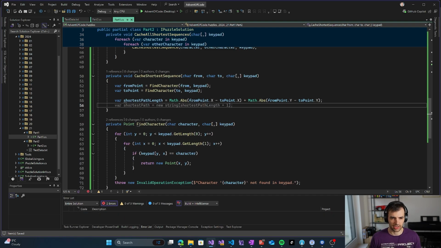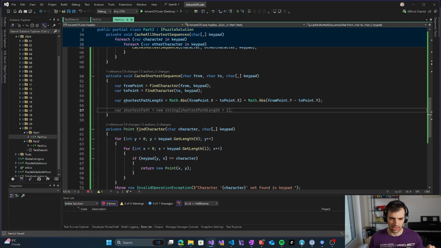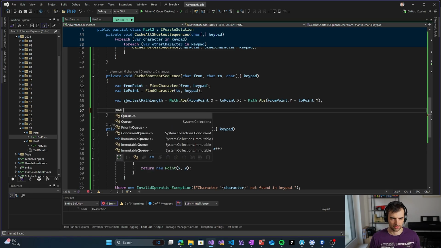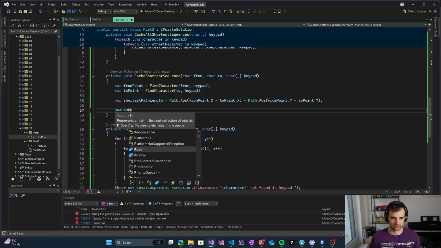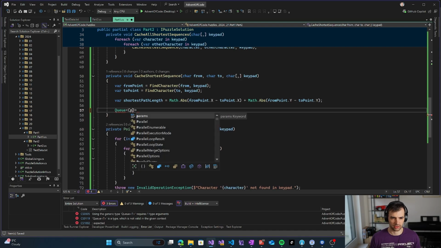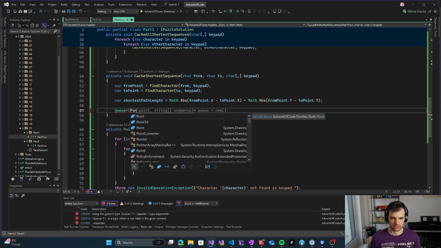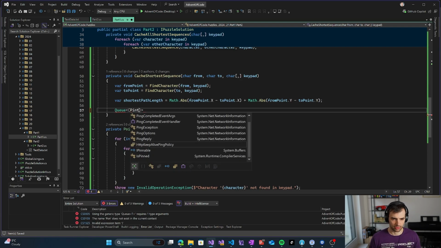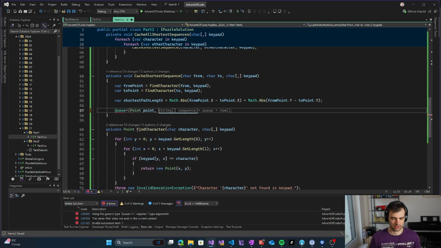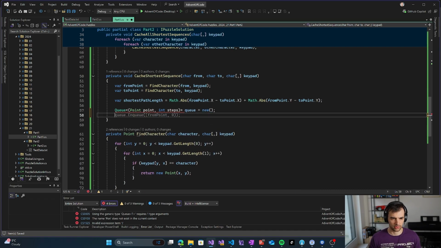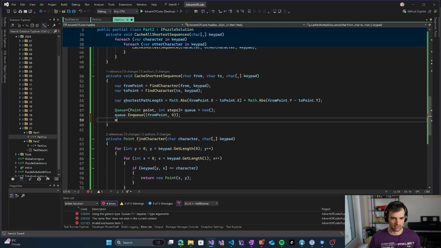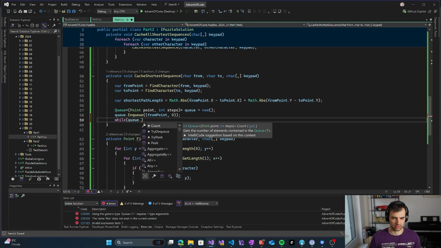This is the length of the path, and we can try to find all the paths from the from point, and just see if they end up in the to point in the shortest path length steps. So it's going to be a point in the steps, and a queue, and do this enqueuing. Enqueue the from point initially, and while the queue is not empty,